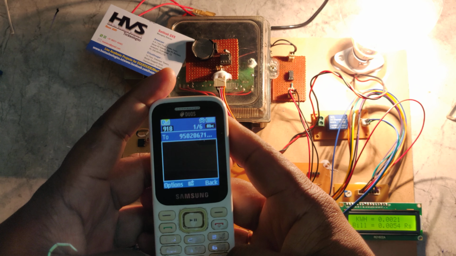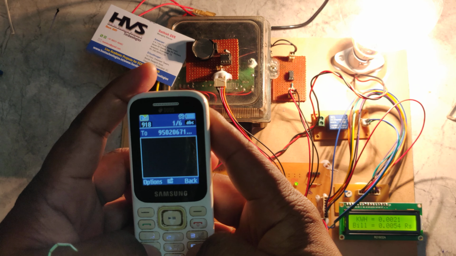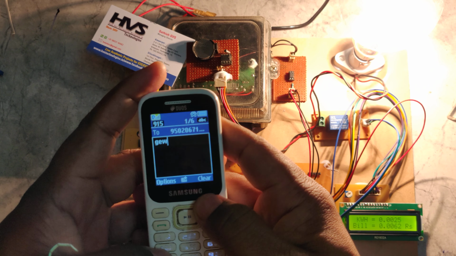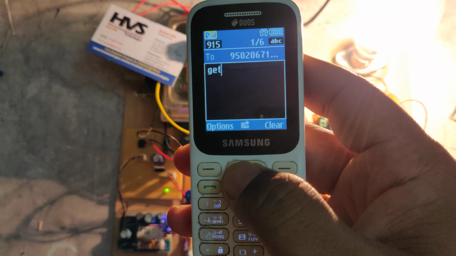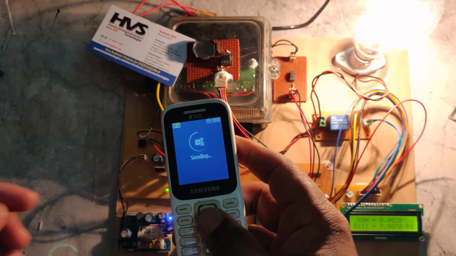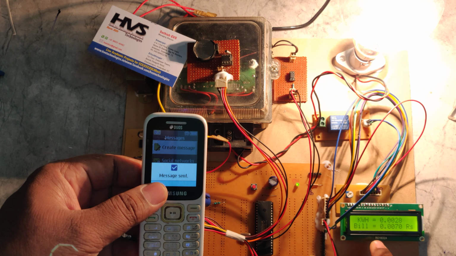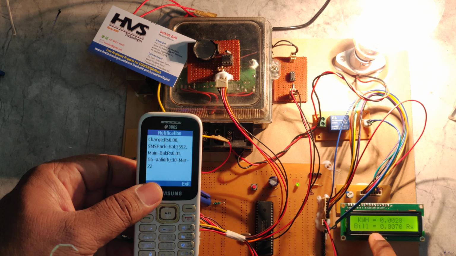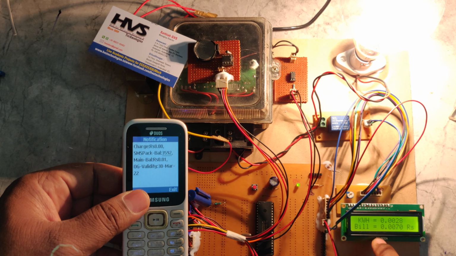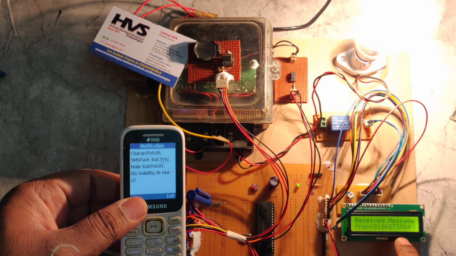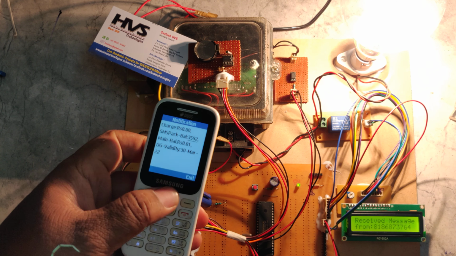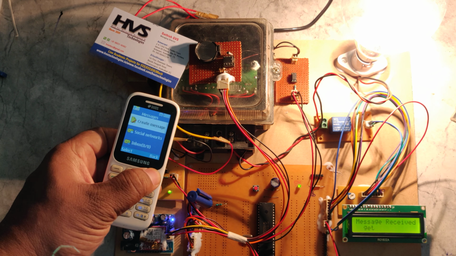The message format should be all small letters: get. This is very important, so all should be small letters. Then you can send the message, and the particular message will be received by the GSM modem. Once the message is received, we can see the number and we'll get the reply soon.